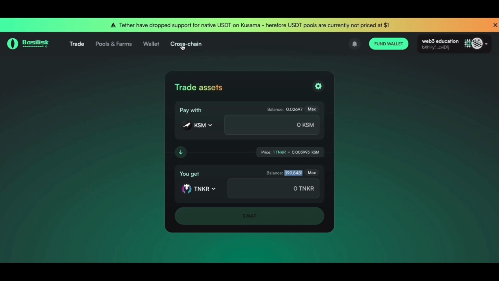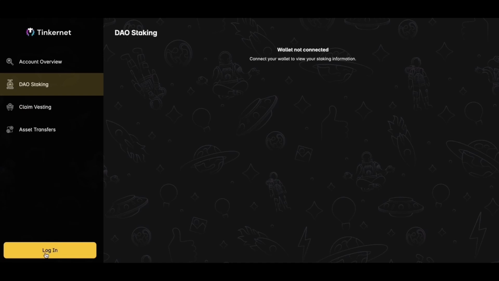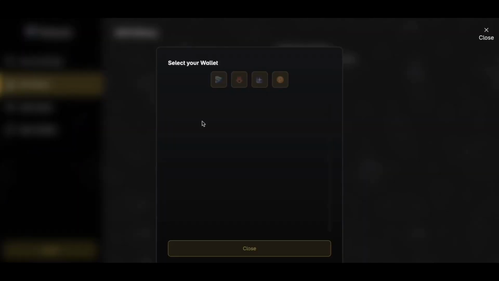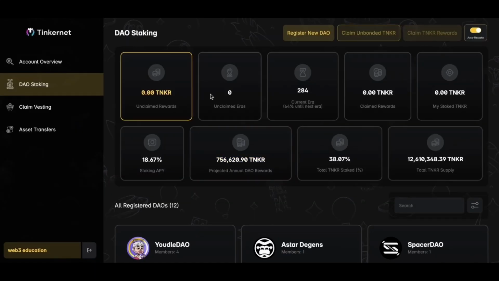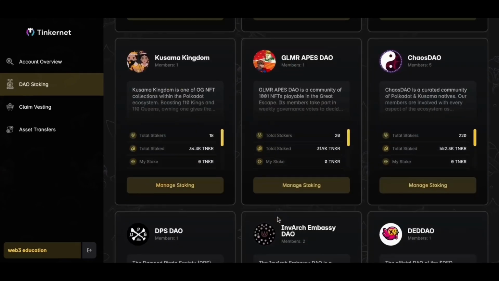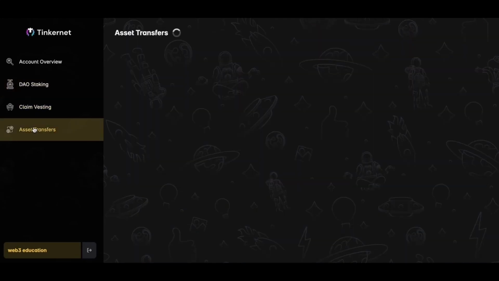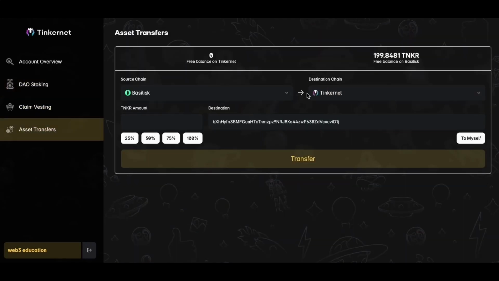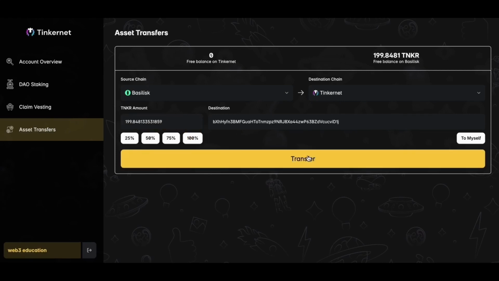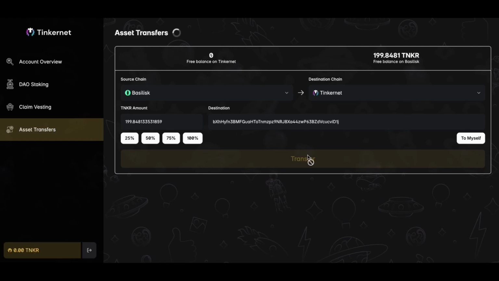So now we will need to go back to the InvArch Tinkernet, connect my wallet, and here on the Tinker staking website, you can click the button. Right now they have several DOTs. Of course, you need to find any DOT you want to support, and then you need to first transfer that from the Basilisk back to the Tinkernet. So I will transfer this around 200 Tinker token to the Tinkernet,